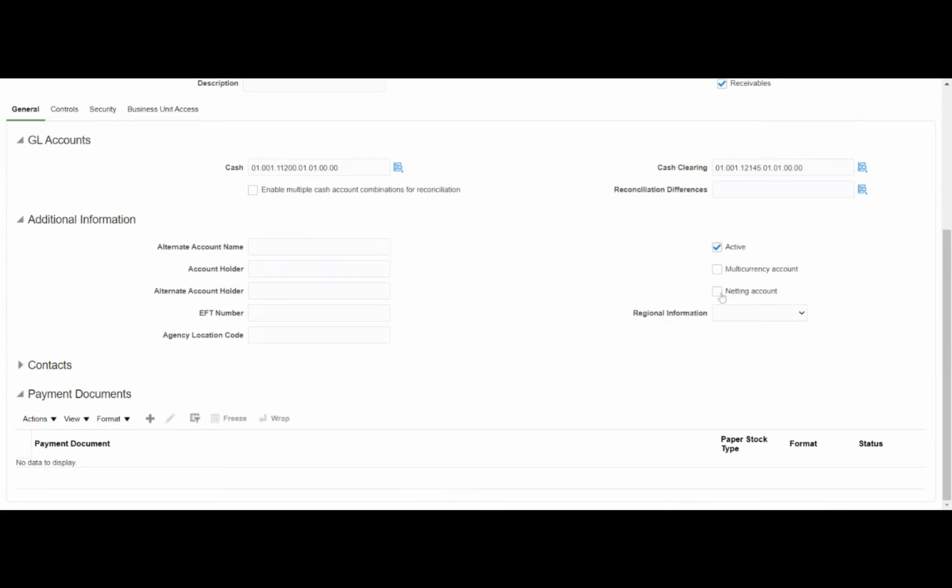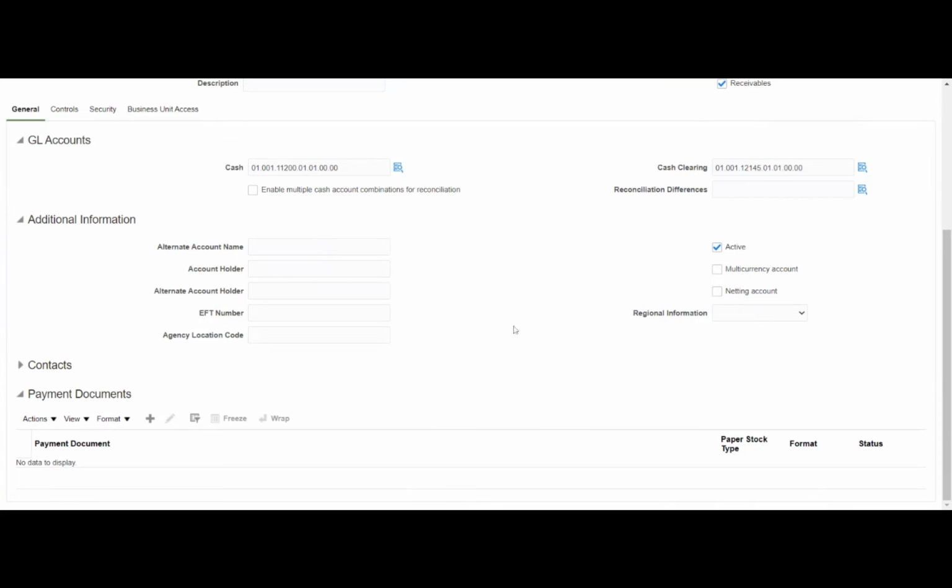And then netting. Netting we will see separately. This is nothing but the adjustment we do with a customer when the customer becomes our supplier also. For those cases, we have a separate feature. So we will see this when we are doing the transaction.